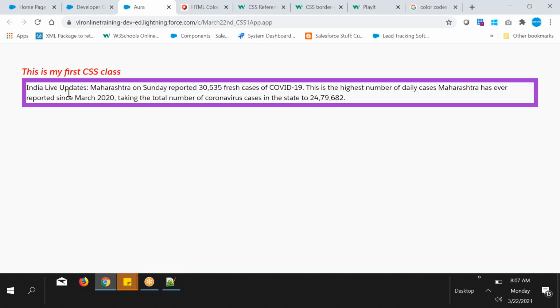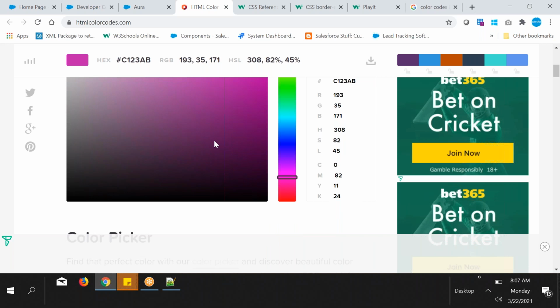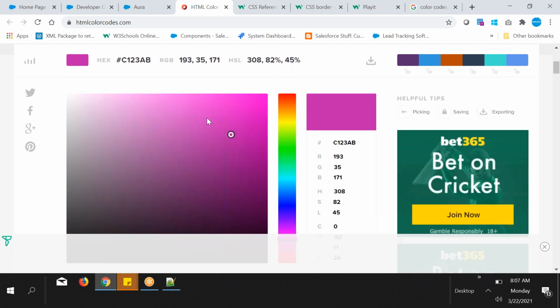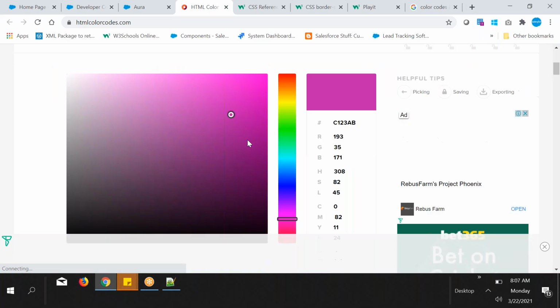So see the border color, guys. I'm asking you to see the border colors. This border color will be whatever color you have applied. And with RGB, suppose this color, you can apply it. Copy paste it. So that is enough.